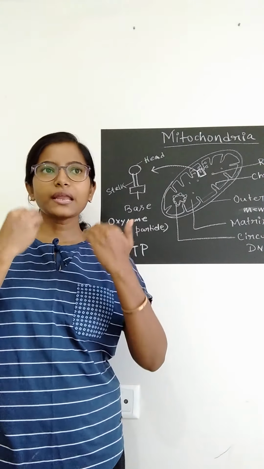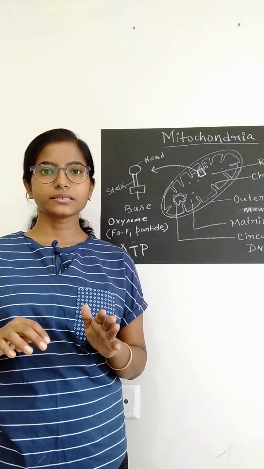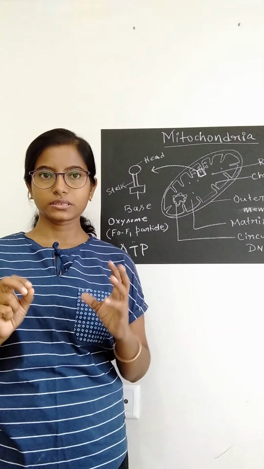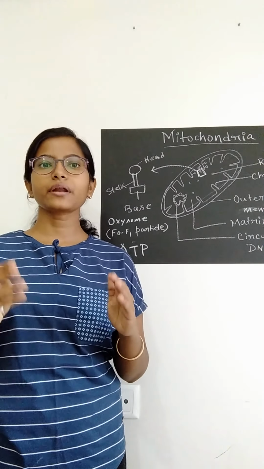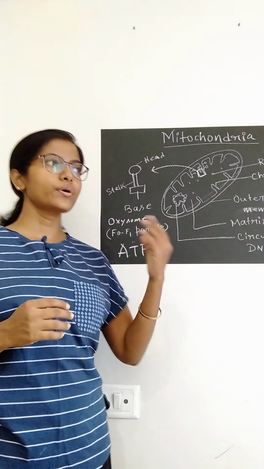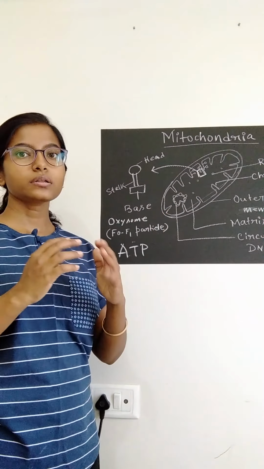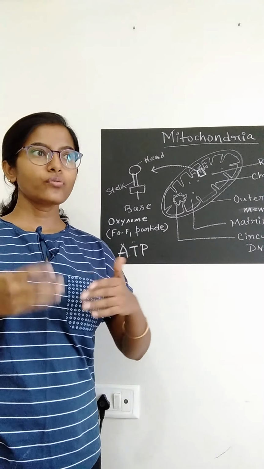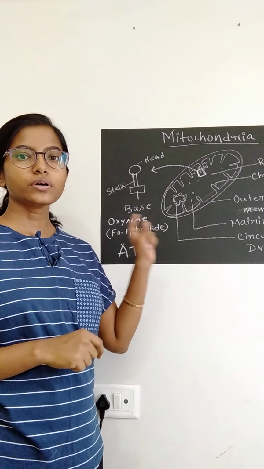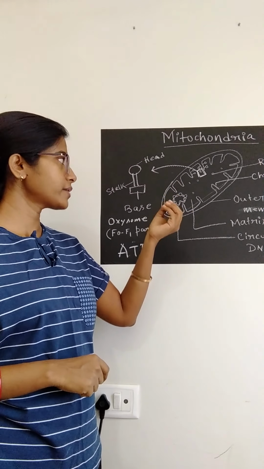So whenever we are eating something, we are consuming something, it is getting digested in the digestive system, and after digestion it is broken into several small particles, and these small particles are transported through the blood to the cell, and within the cell they go specifically into the mitochondria for the release of energy through which our body is functioning. So mitochondria is called the powerhouse of the cell because it is breaking those microparticles of